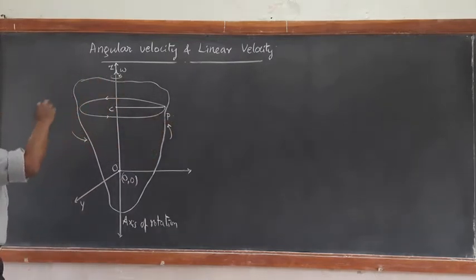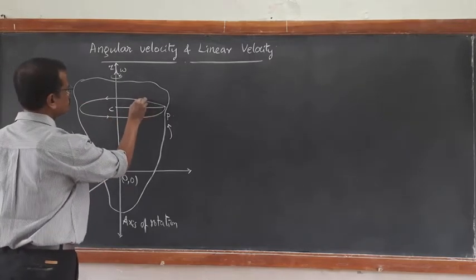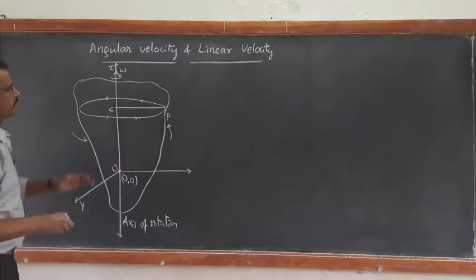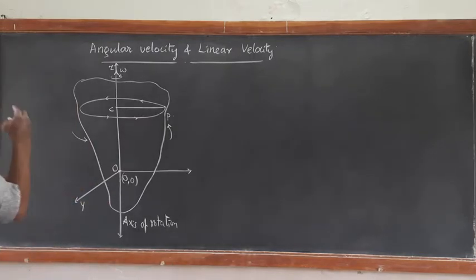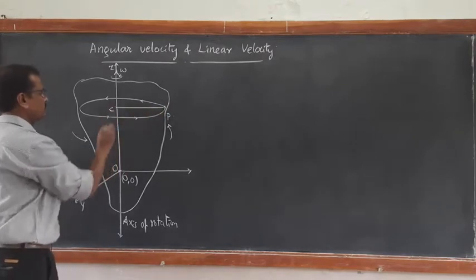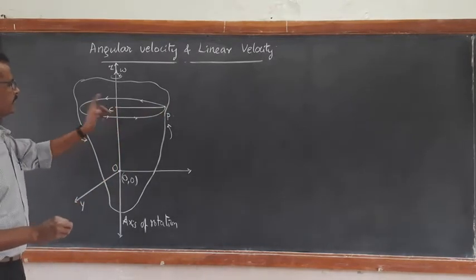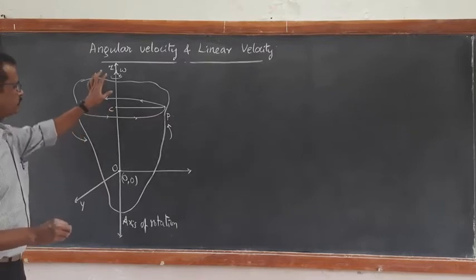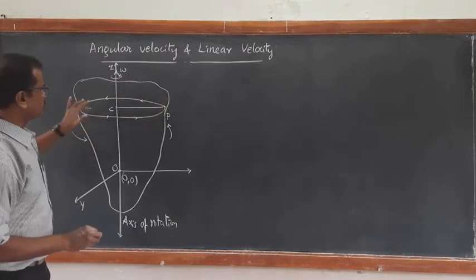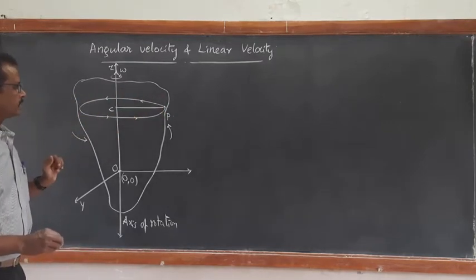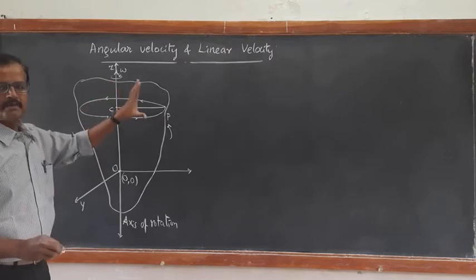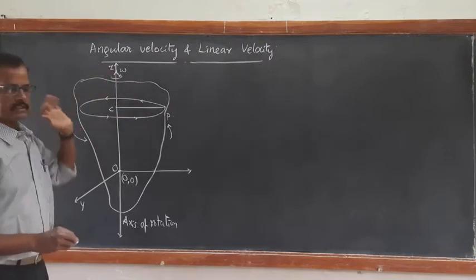When it undergoes pure rotational motion, as we considered yesterday, all the particles of this rigid body undergo circular motion with constant distance from the axis of rotation. This constant distance acts as a radius, and this point on the axis of rotation acts as the center for the circular motion of the particle, which has the same angular velocity as that of the rigid body.